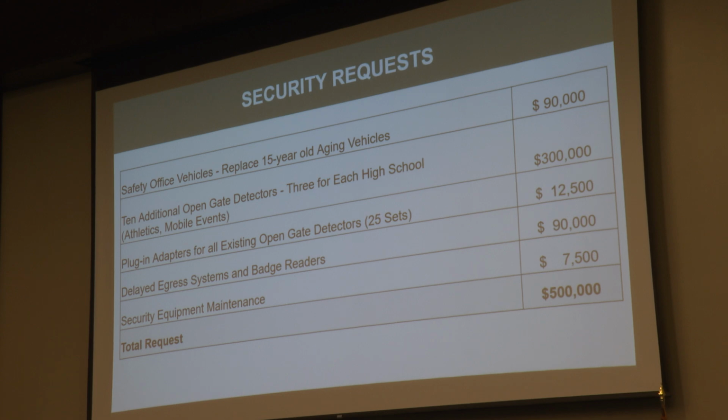We discussed that under our security briefing for executive session. And then because this is one-time money, we would like to do a set-aside of $7,500 for maintenance of these security requests. And again, this is to add $500,000 of equipment one time to our additional